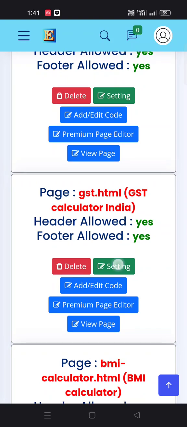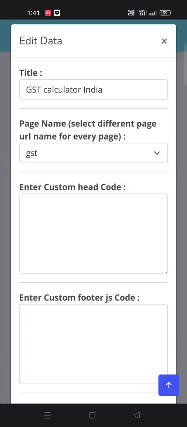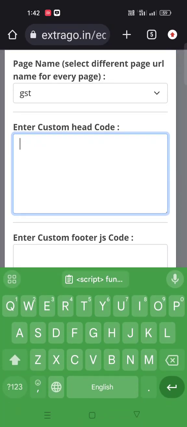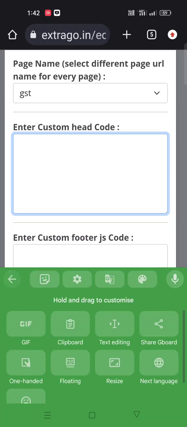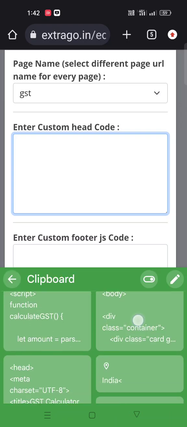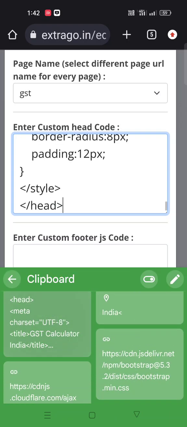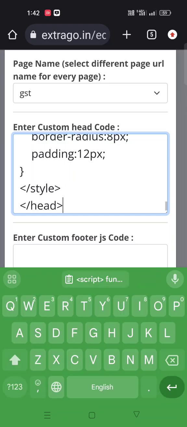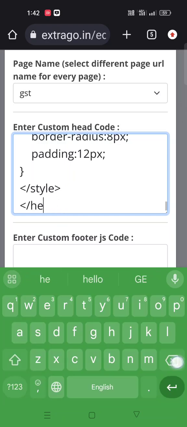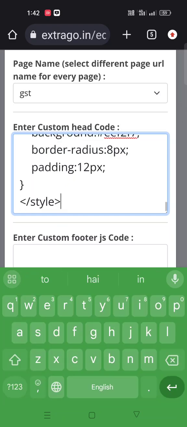I will click on the settings option. Here the first option, enter custom head code. We need to paste the head section code here. I will go to the clipboard of my mobile. This one is the head section. Okay, head section is ready. Remove the head tag from the bottom and from the top.